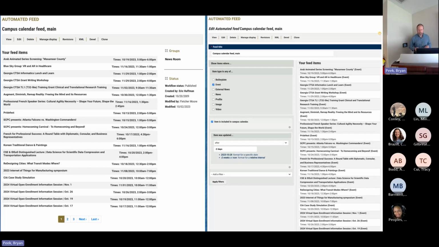And I should say that we've changed the way this works. It used to be that automated feeds were ordered by, if it was a feed of news items, a date line in descending order, so that the most recent item is at the top. In the case of events, it's ordered the reverse. So the event that's coming soonest appears at the top of the list and then descends into the later events.